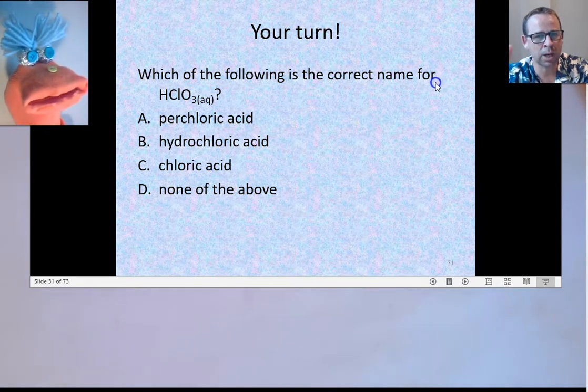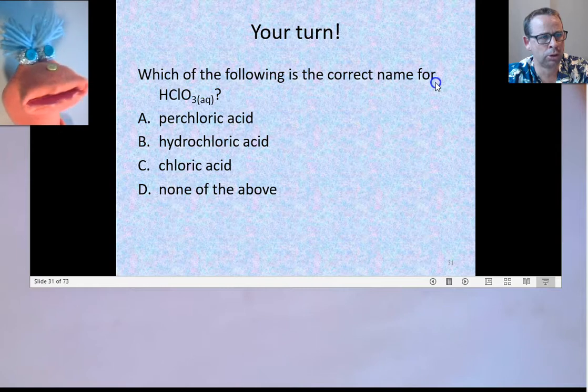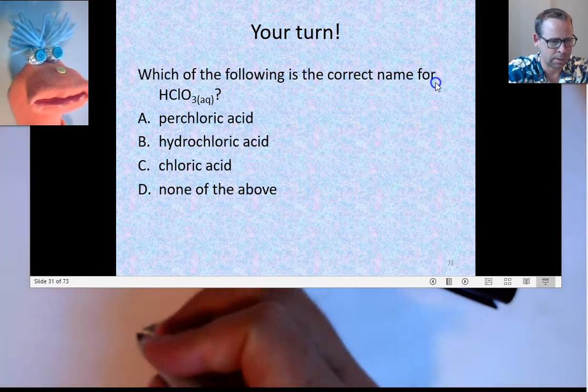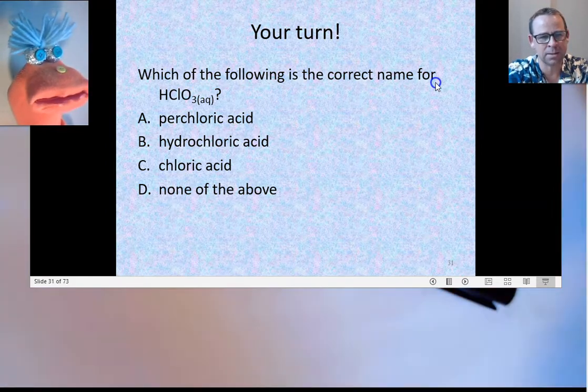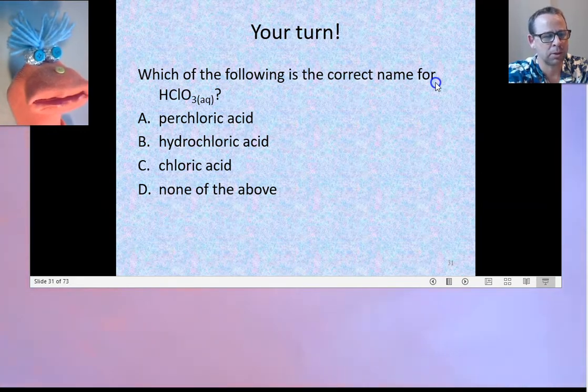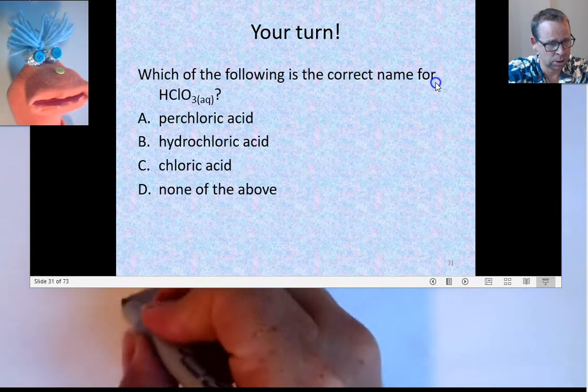Okay, so there were two types of acids. Do you remember the two types of acids? Oh yeah, oxo acids, and they're the ones that have oxygen in them, and the other one, I can't remember. The other ones are binary acids, acids that only have two types of elements in them. And one of them is always hydrogen, right? So hydrogen